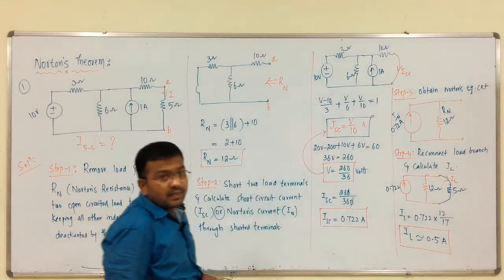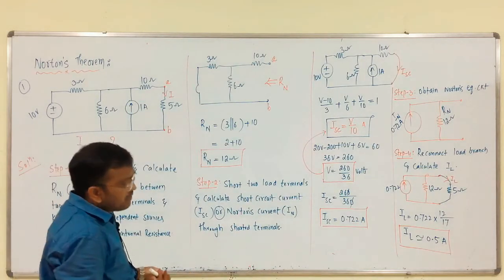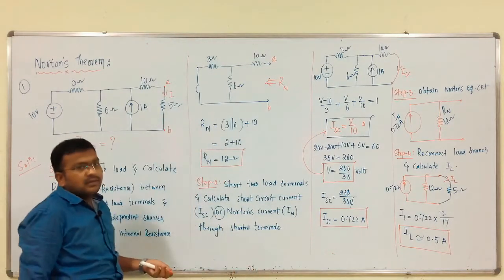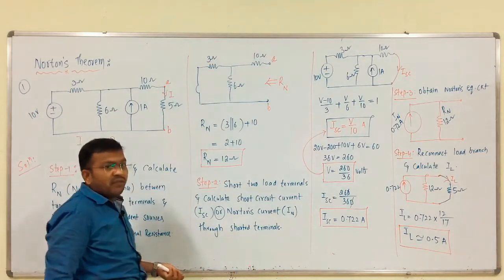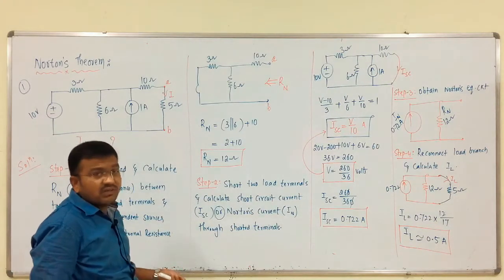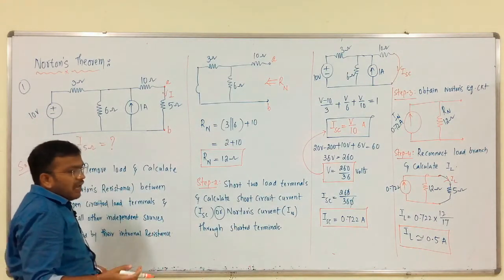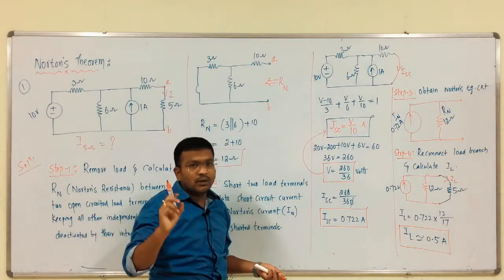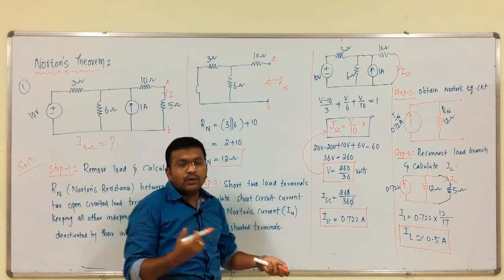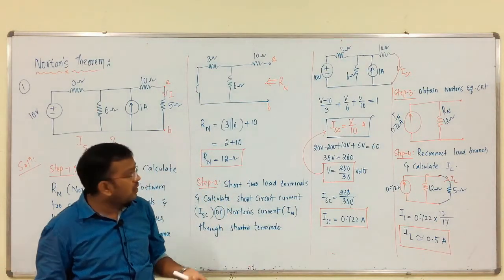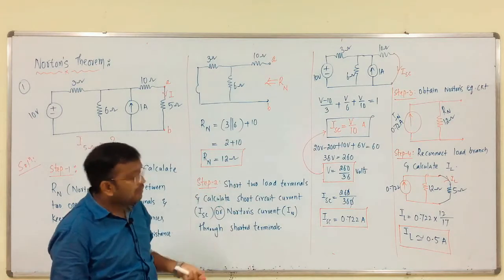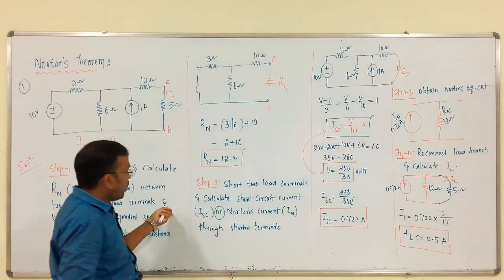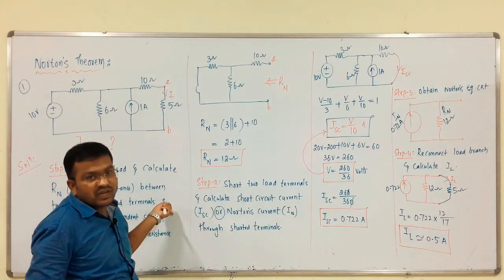That is it. Simple. Same as in the case of Thevenin's theorem. So, IL equals 0.5 amp, meaning the same as in the case of Thevenin's theorem. In that, what is the first step? We have to remove the load branch and calculate Thevenin's voltage between those two open circuited terminals. Second step is what? We have to get the Thevenin's resistance by replacing all independent sources by their internal resistances. Like that, in this case also we have to get the Rn. Those two values of resistance are equal.